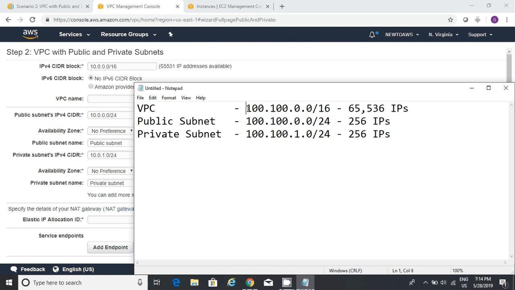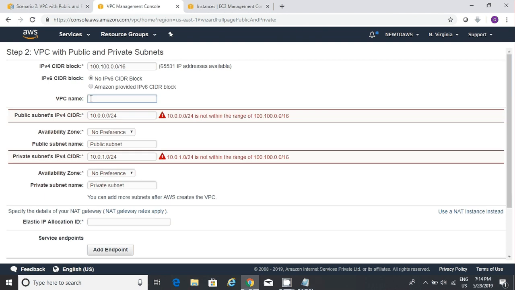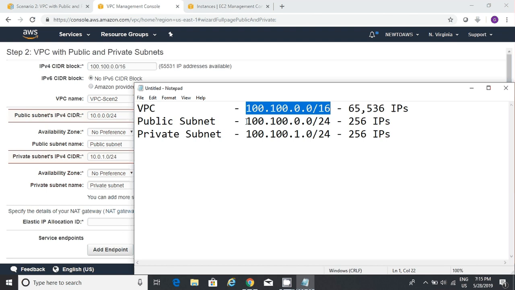So I'll just copy the VPC range, and okay, before that I need to give a name for this. Oh, sorry. Here, copy the VPC range. Find name for this, VPC scenario 2. I'm just giving the name like this. So it is giving you a warning because this range and this range are not compatible. Anyway, we'll change this as per whatever we have decided here. Copying it,